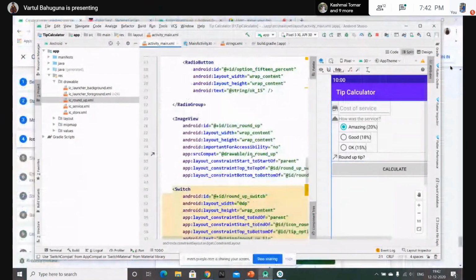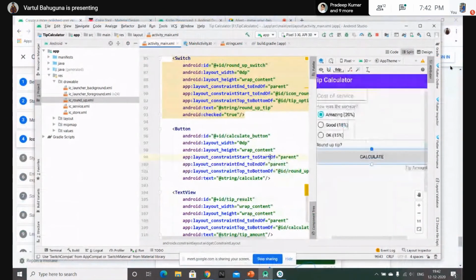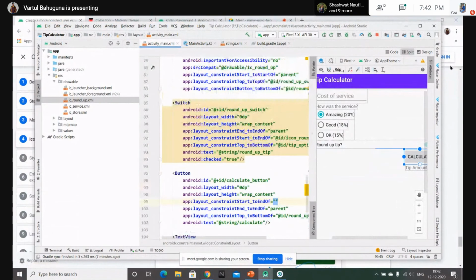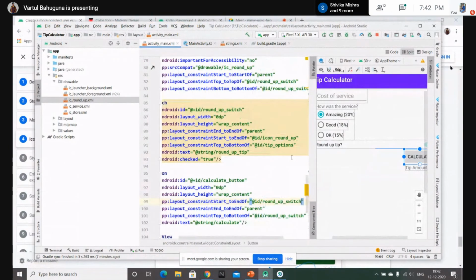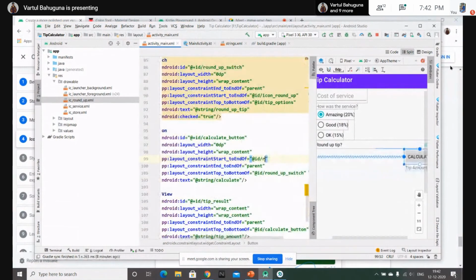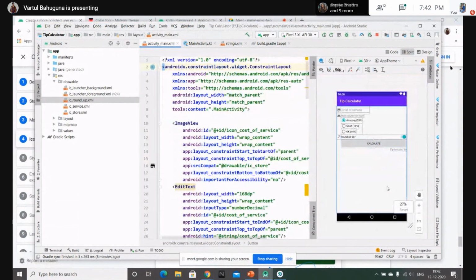So now let's align the button also. Start to end of this icon. The icon ID is icon roundup, not switch, sorry. Okay, now our button is also aligned properly.